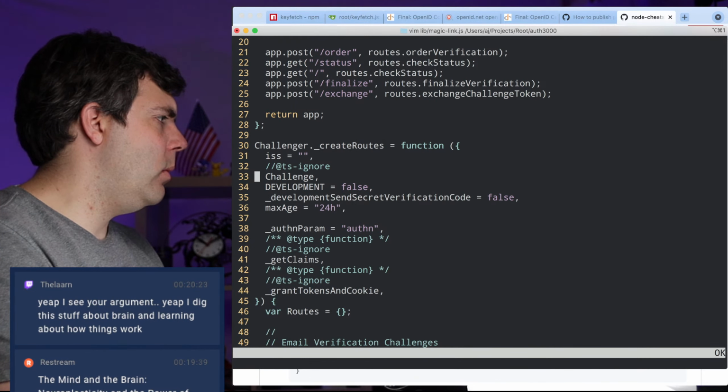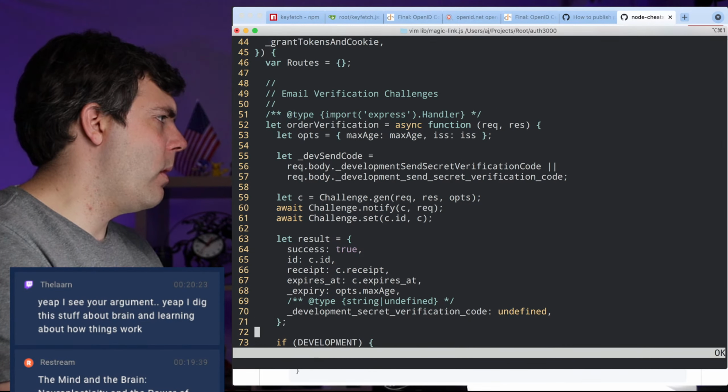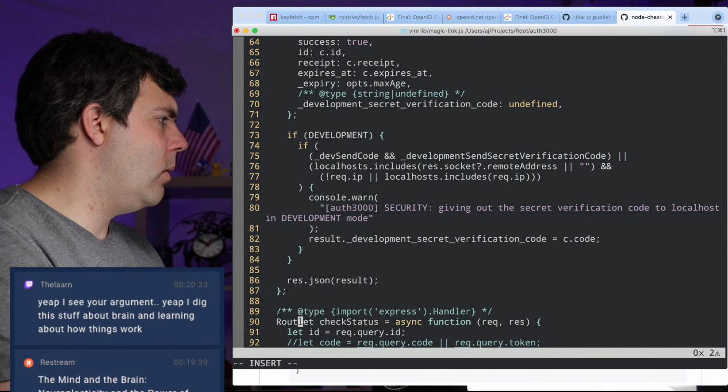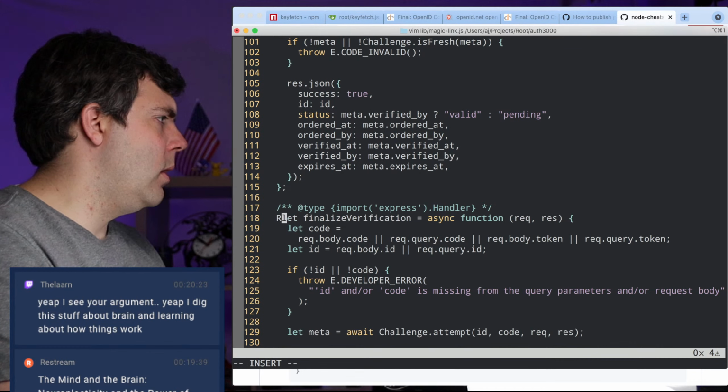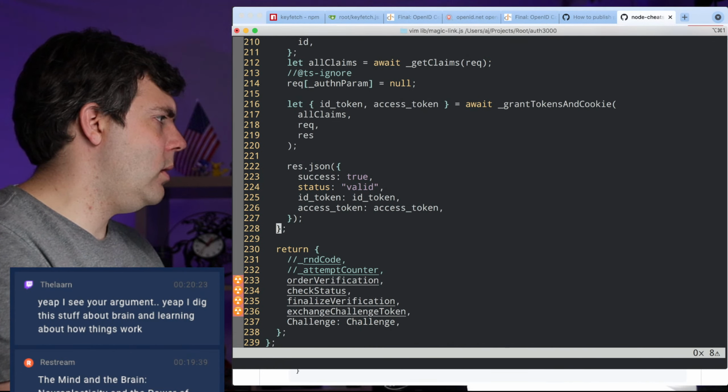And then I wonder what we could get rid of here. Can't get rid of really any of those things. Oh, okay, and I was thinking to do this. Routes dot order verification equals. Yeah, there we go. Routes dot check status equals. Routes dot finalize verification equals. Routes dot exchange challenge token equals.